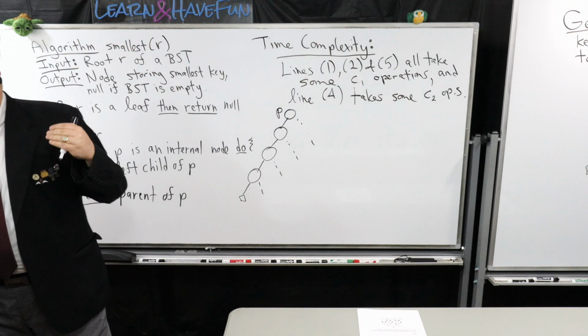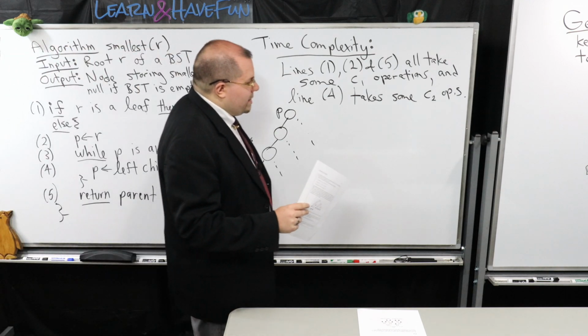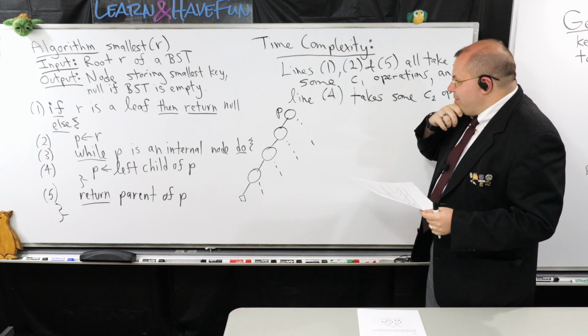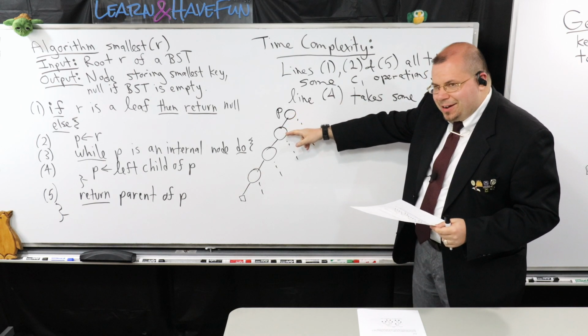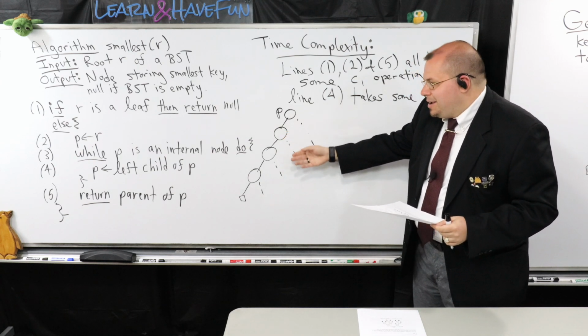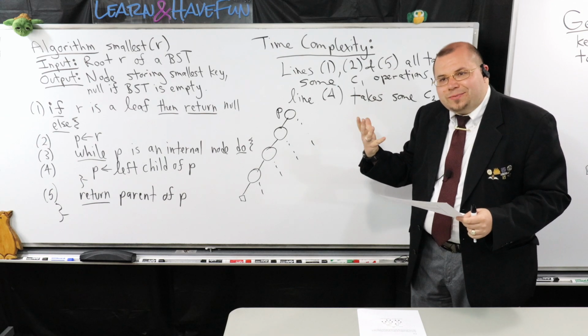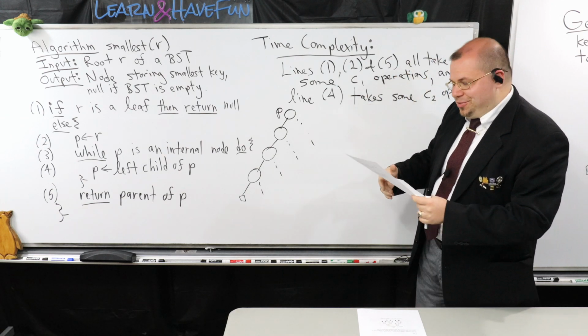Now, I would like to have a nice bound on this, and a very natural one might be, if you actually think about this, because remember, each time I check it, and then I go to the child, right? And I check it, I go to the child. So notice that this can never exceed the height of the tree plus 1. If I wanted to be extra generous, I'm just going to be extra generous here.